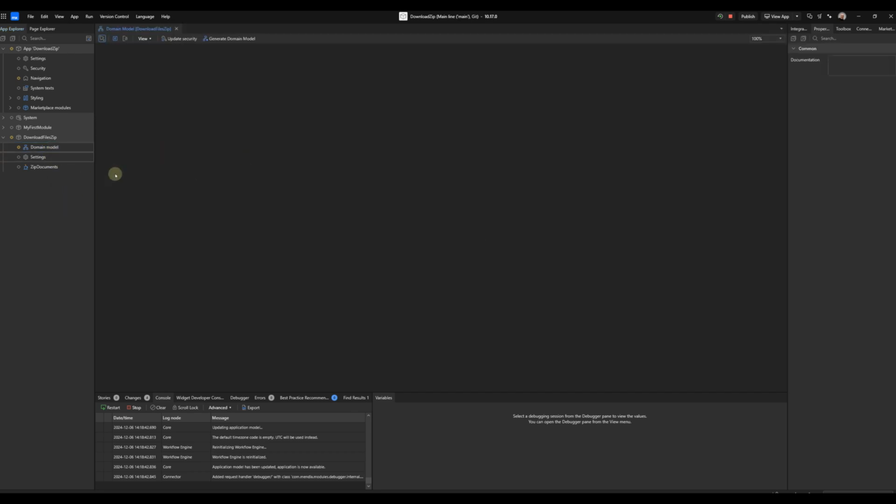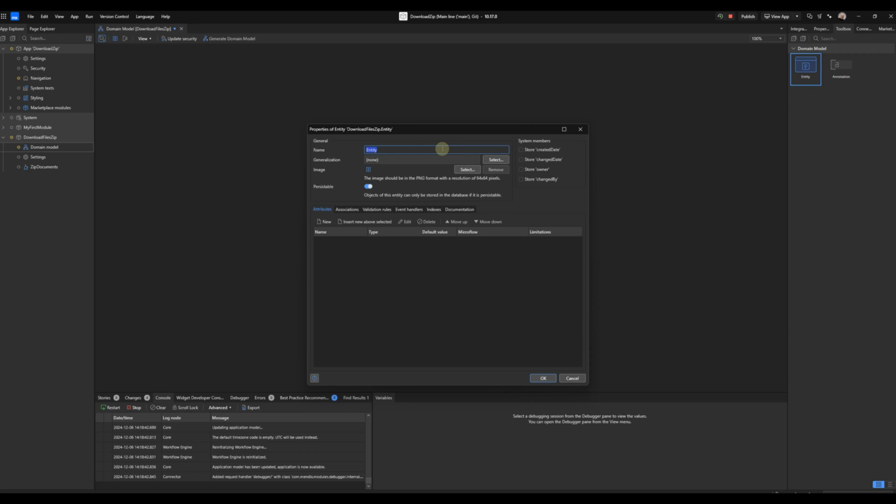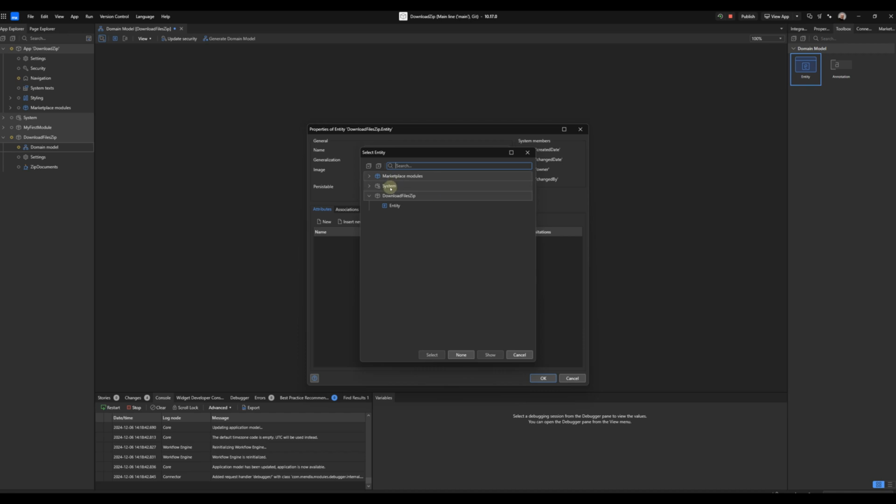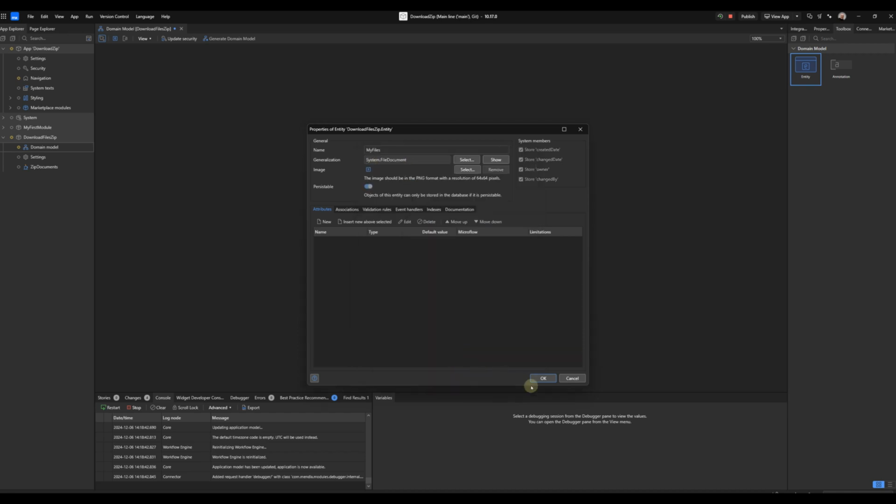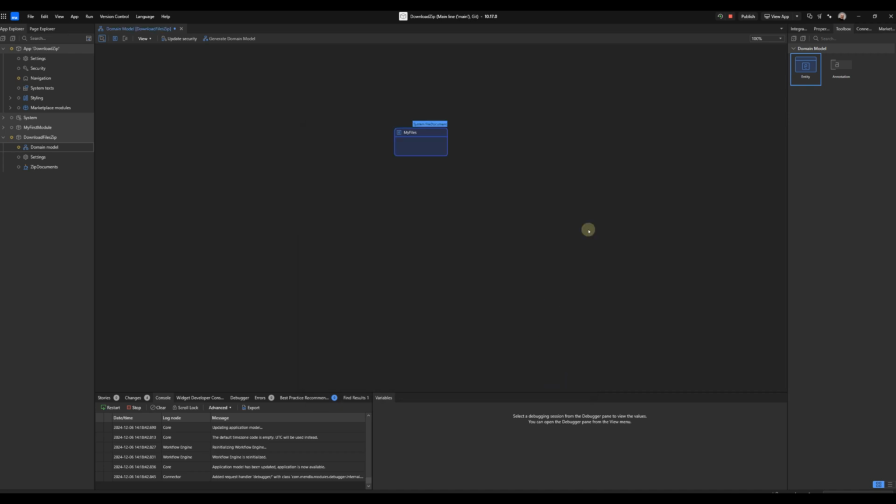Now let's go to the domain model. Okay, I will create an entity. I will name it MyFiles. For generalization, I will choose FileDocument, and OK.